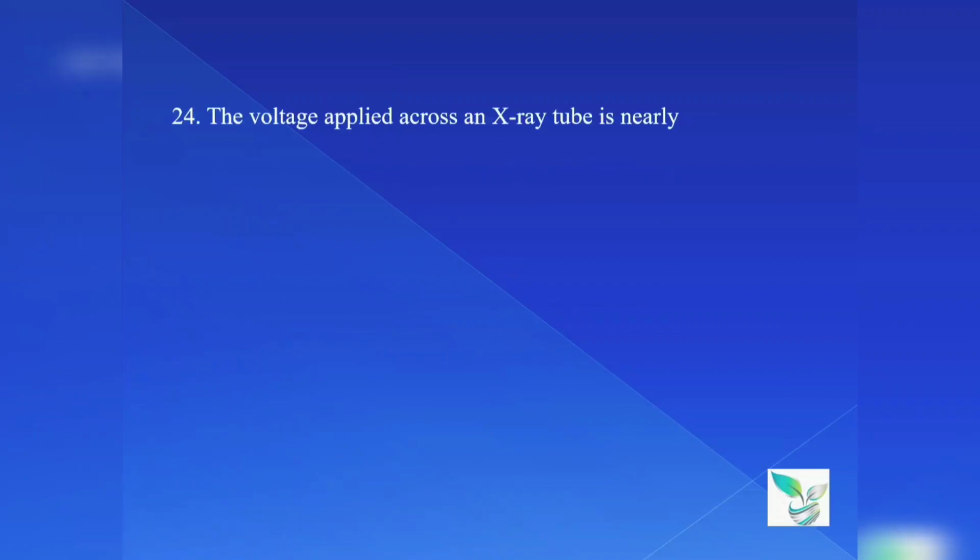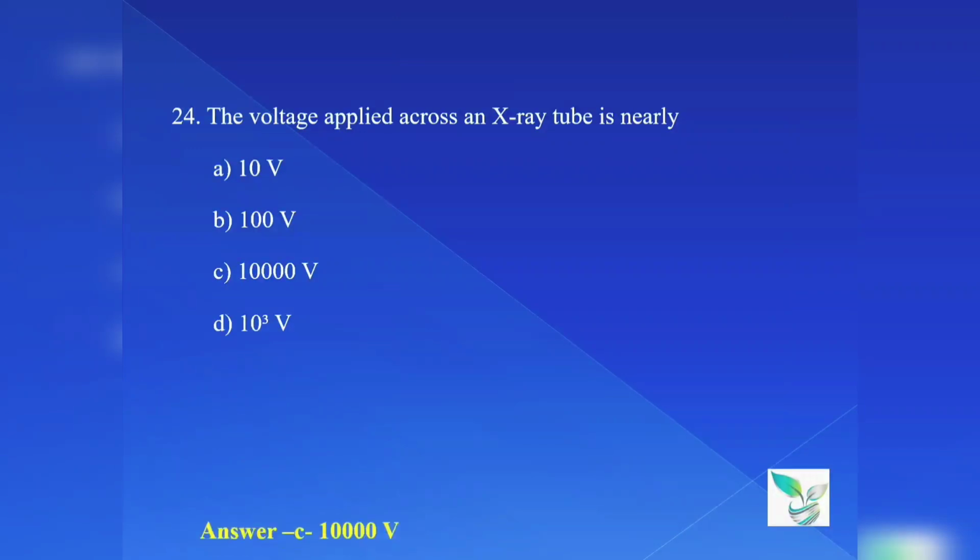Question number 24. The voltage applied across an X-ray tube is nearly option A, 10 volt, option B, 100 volt, option C, 10,000 volt, and option D, 10 raised to 3 volt, that is 1000 volt. So the answer is option C,